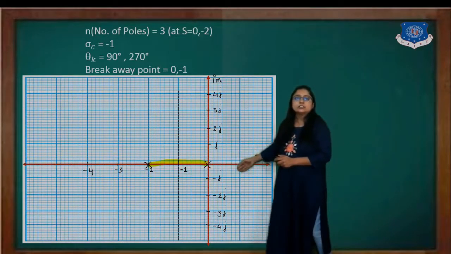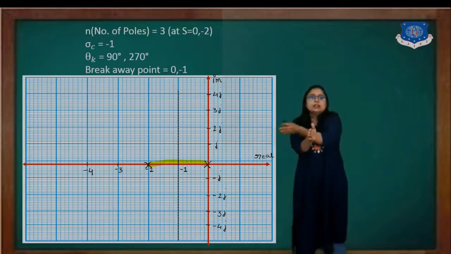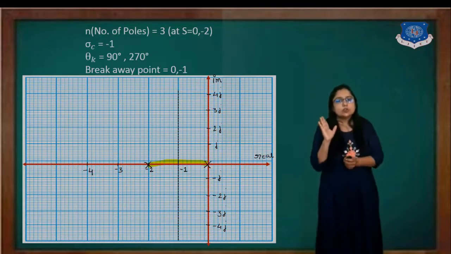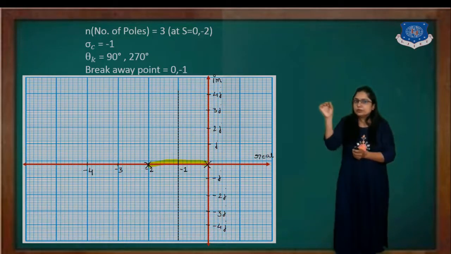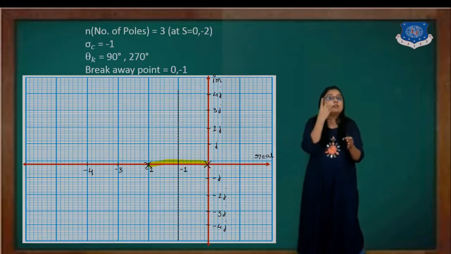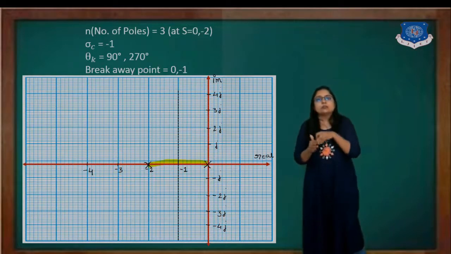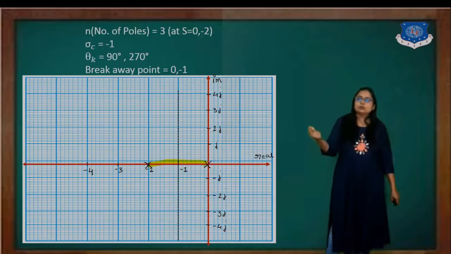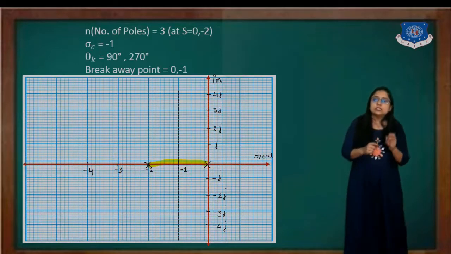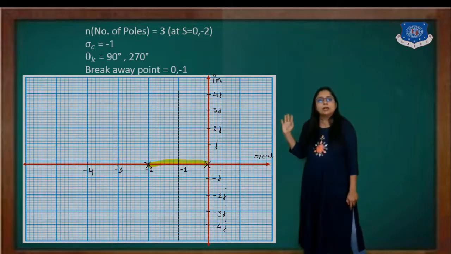You just see, consider this my 0 pole. Okay, after that, if you move after this, then this side you have a 1 pole. That is the addition of poles in 0, that is an odd number. So that means that part is on my root locus till -2. Now after -2, this side we have a 2 pole, and 2 is an even number. So that part will not lie on my root locus. So the part of the real axis that is on my root locus is in between 0 to -2. So here the valid breakaway point is what? It's a -2.